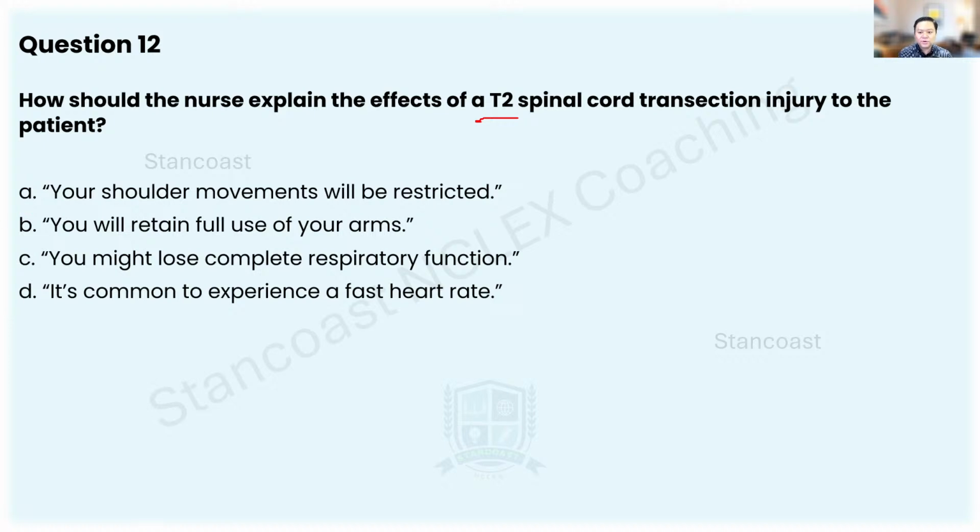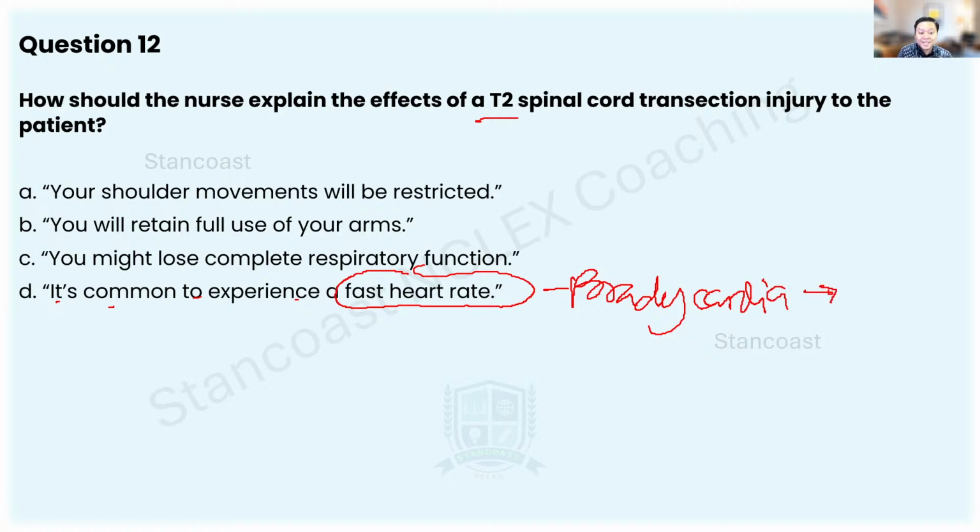T2, thoracic 2 level. Let me eliminate options. If you had answered letter D, it's common to experience a fast heart rate. No. If you have this patient that has a T2 spinal cord injury, it's not going to be a fast heart rate, but rather bradycardia, not tachycardia. And the reason for the bradycardia is the autonomic dysregulation